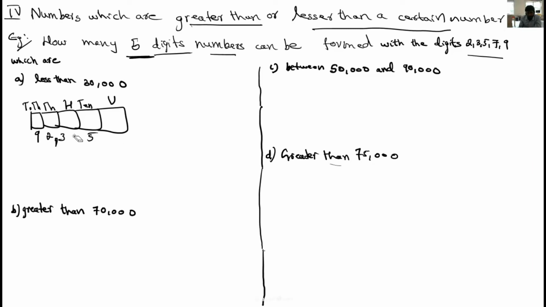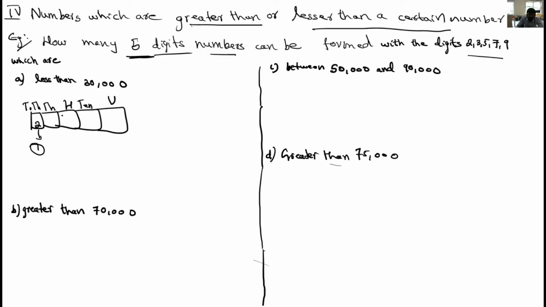Less than 30,000. Or you can take 5 here, then you will take 2, 3, 7, 9. Repetition is not allowed, right? That time also what will you get? 52,379. You can take the number 3, then I will arrange 2, 5, 7, 9. That time also you will get 32,579. I am taking the minimum number in the thousands place, then also you are getting 32,579. By all these observations, our conclusion is for the 10,000s place we need to use only one number, that is 2. So here only one possibility is there.